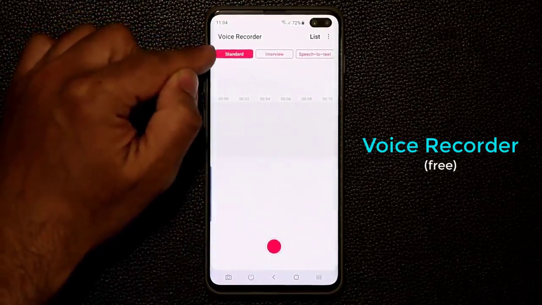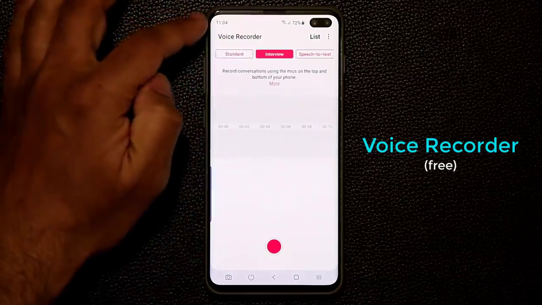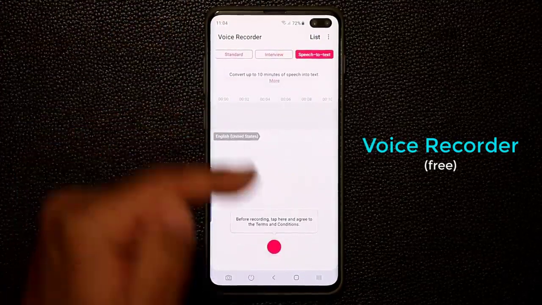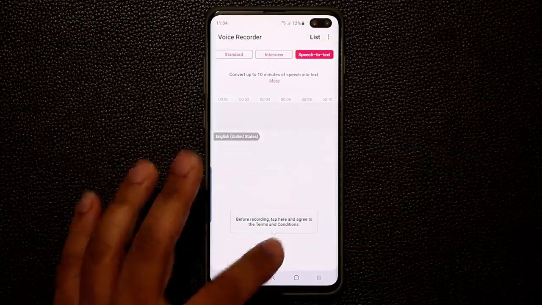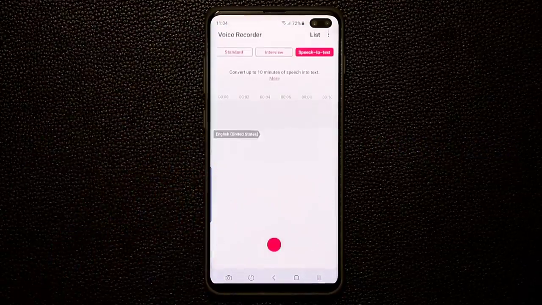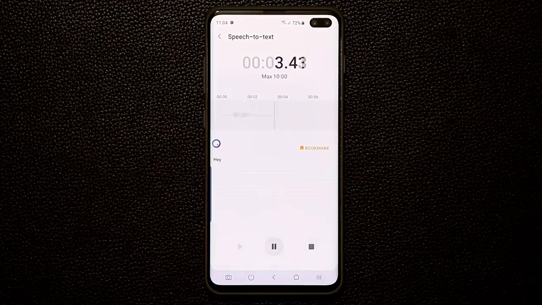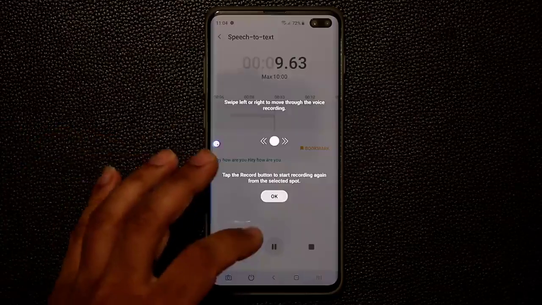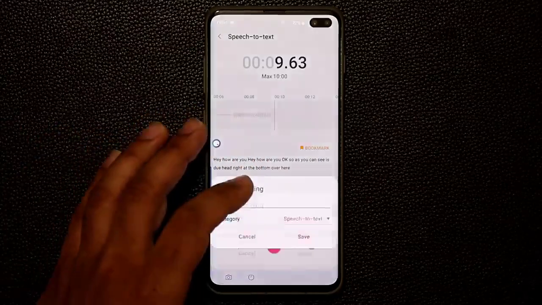We can do standard recording, we can do interview style recording, and we can also do a speech to text. So as I talk, it's going to convert it to text. So look at this. Hey, oops, let's click agree, click next. Hey, how are you? Okay, so as you can see, it's doing it right at the bottom over here. So that's a great way to convert speech to